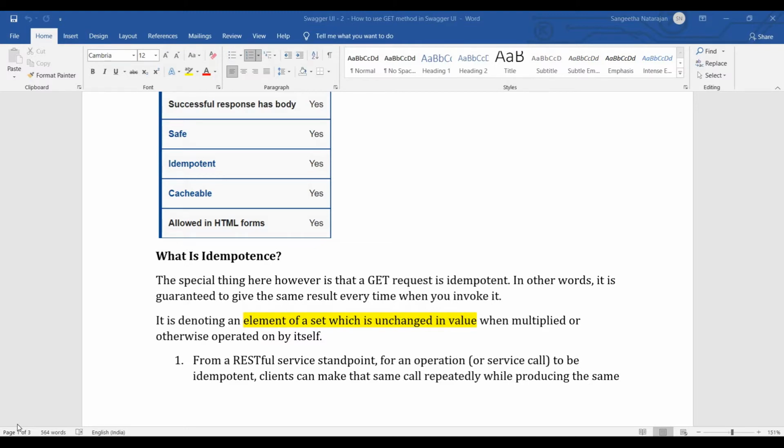The client requests: whoever has user ID 1, please give me that user information. In that way the client requests the server, and the server gives you the requested details. Those sets of details are already available on the server, and that information will be given to the client.